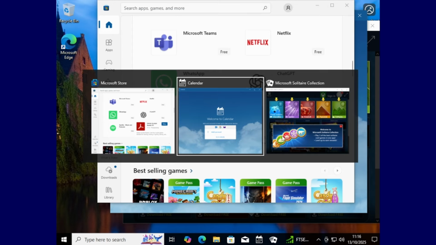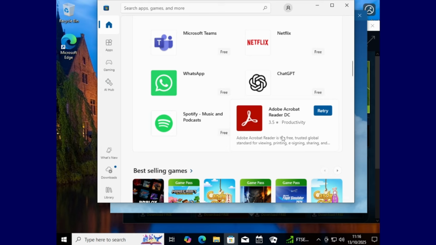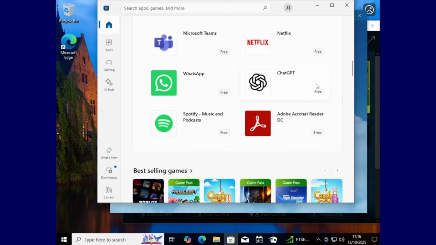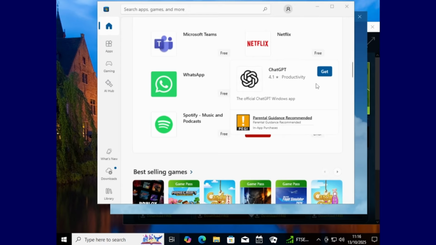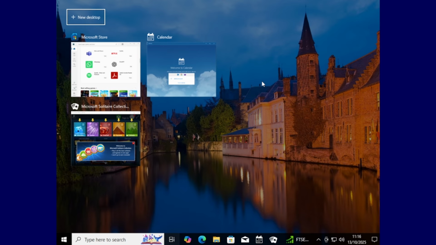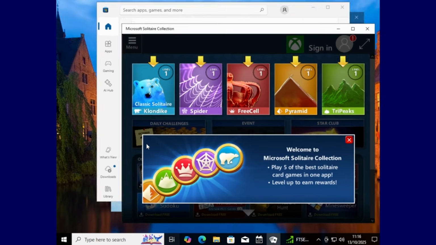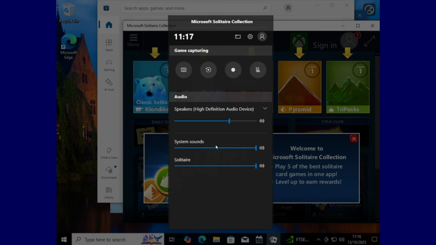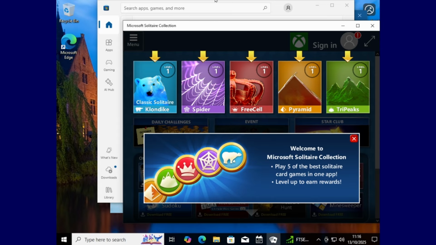Oh yes, you also had the Microsoft Game Bar. So, yeah, if I actually go into a game, then I can go into the game bar, and I can take screenshots, or I can go to the controller bar, or have a look at performance.